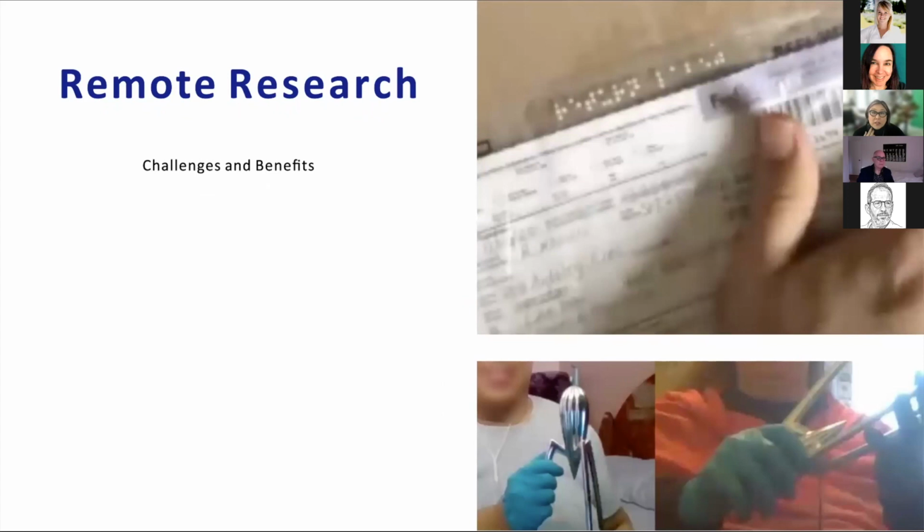Okay, so now I'll talk about the challenges and the benefits of remote research with the blind community. As mentioned earlier, the percentage of people who could meet the inclusion criteria was something like 0.03% of Canadians. Because of this, it would have been really difficult to recruit participants locally. With remote research, however, recruitment wasn't just limited to Ottawa or Toronto. We could go wider, and there were no transportation costs, which was very helpful for me.